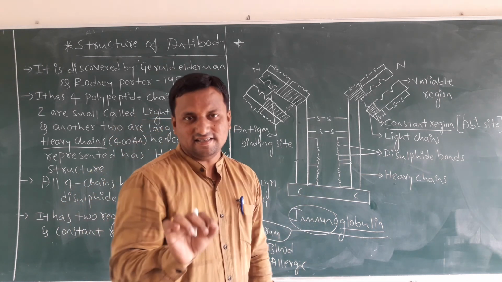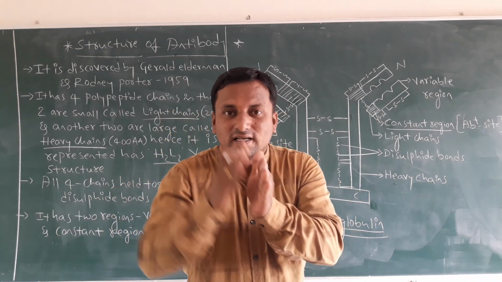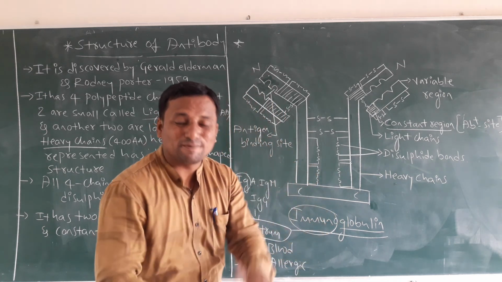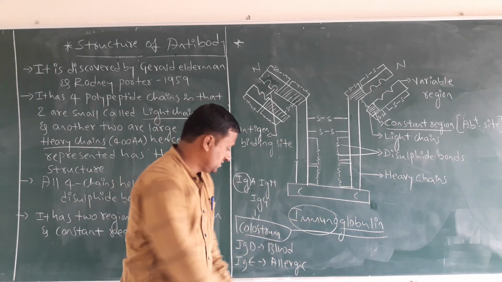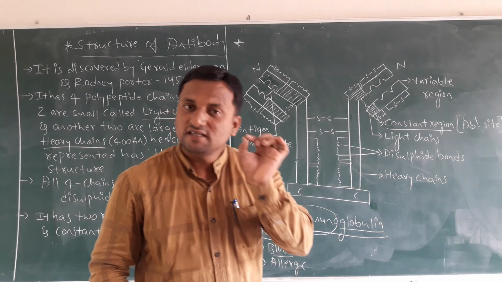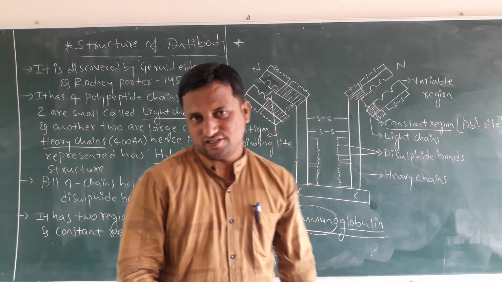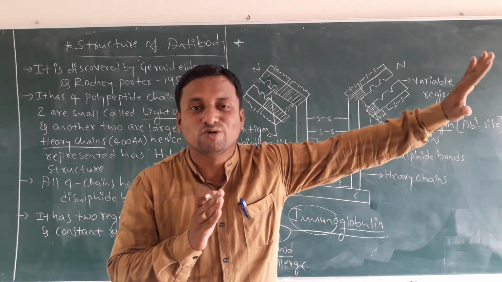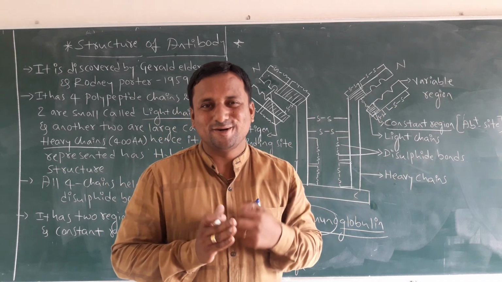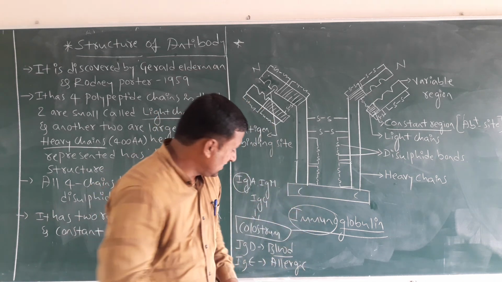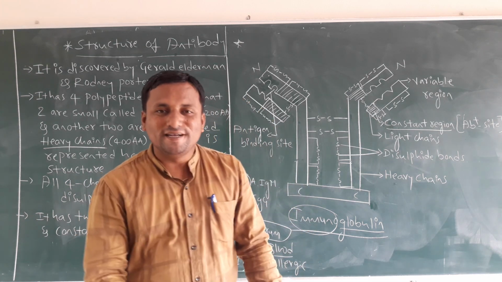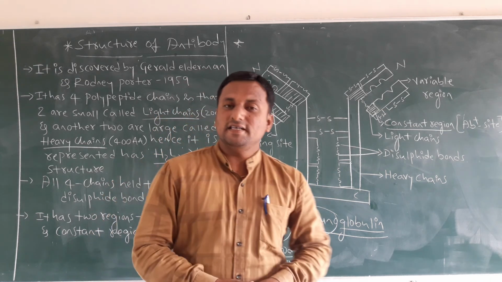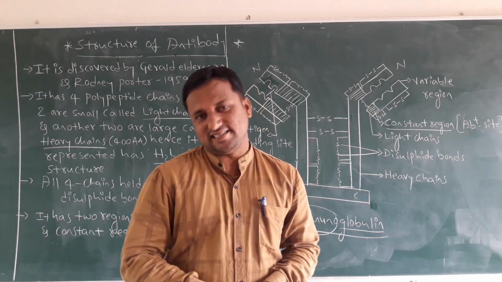And IgD is responsible for the circulatory system of the body. Where is it present? It is present in the blood stream, the IgD molecules, and it acts as a defensive mechanism against the pathogens which enter our body. Another immunoglobulin is IgE. In IgE, E refers to eosinophil cells.